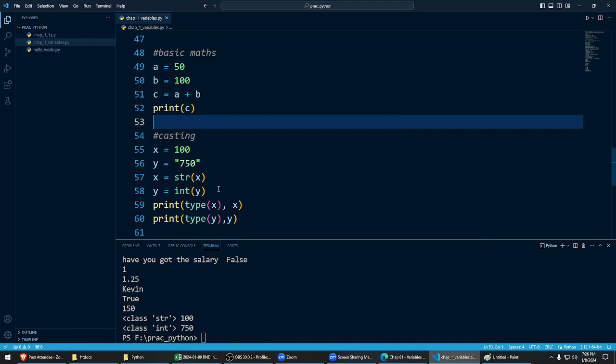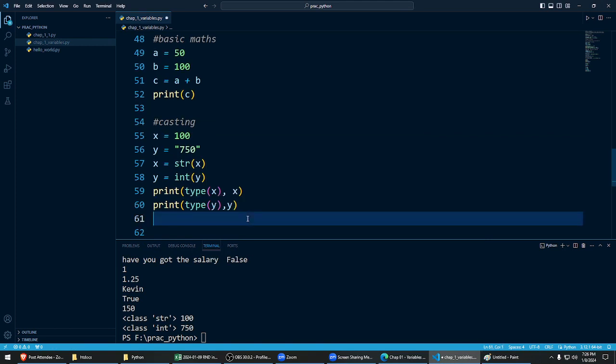You can even convert that into float, right? After printing this one, let me convert that y to float again. Y is assigned the value